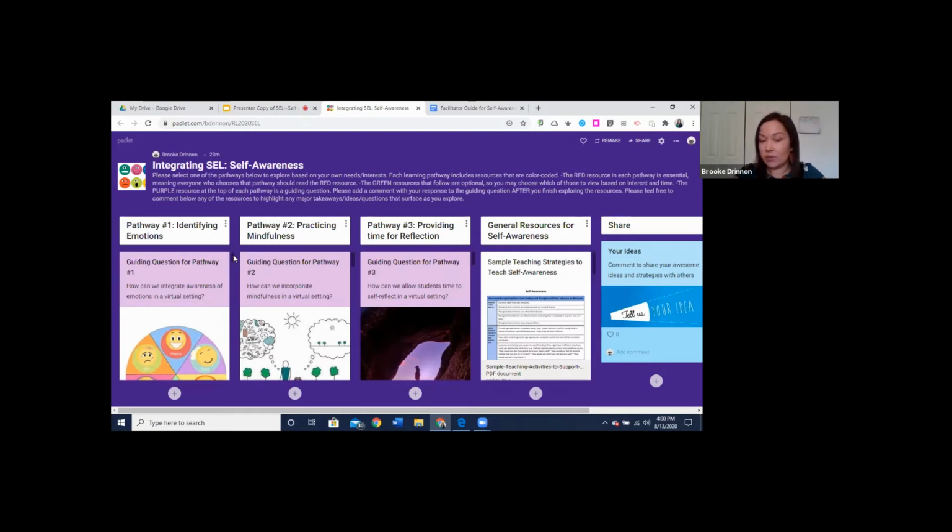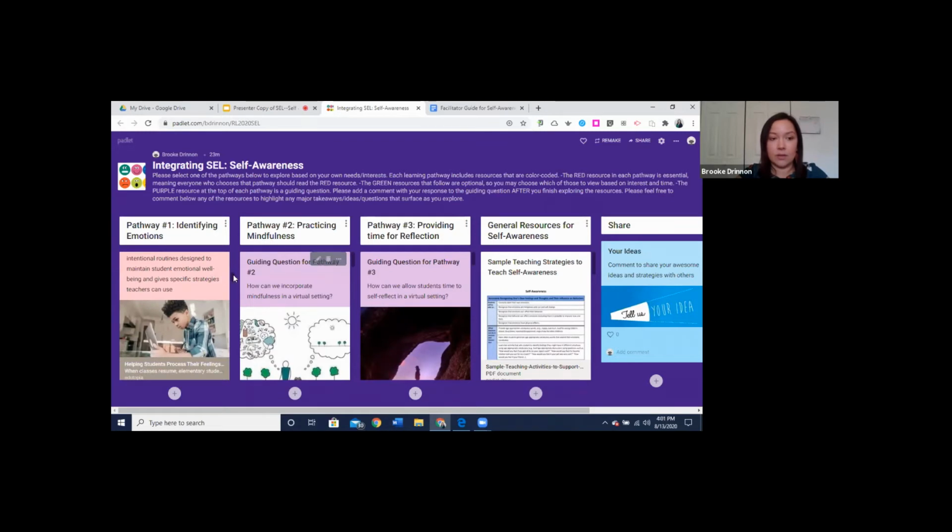And to get to the resources underneath each of those pathways, you're going to see a little bar on the side, and you can just slide down and you can see those resources and just click on the ones that you want to open. So if you pick emotions, you're just looking at these resources here at the beginning, and you'll see they're all color coded here on the background. So there's the purple box, there's the red box, and the green boxes are all of the optional ones. So any questions about that before we get started?